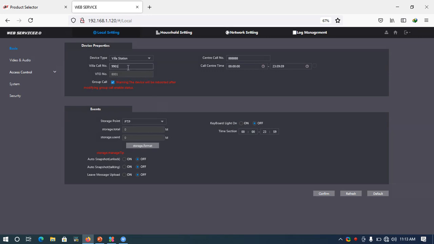Then we're going to do this Villa call number. I'm going to start here. It's a Villa station. Now you see you only have one option, considering the device is made for Villa configuration. If it was a VTO 1210CX or something higher, you will have multiple options here, such as fence station, Villa station, or unit door station. So the Villa call number,